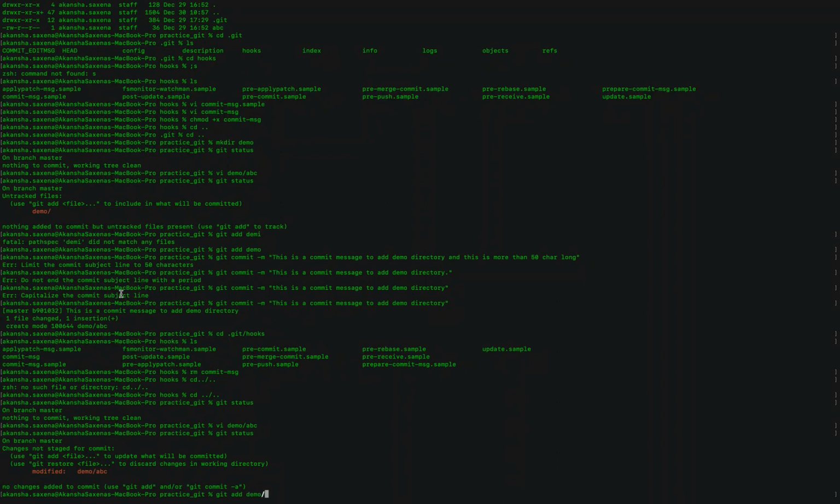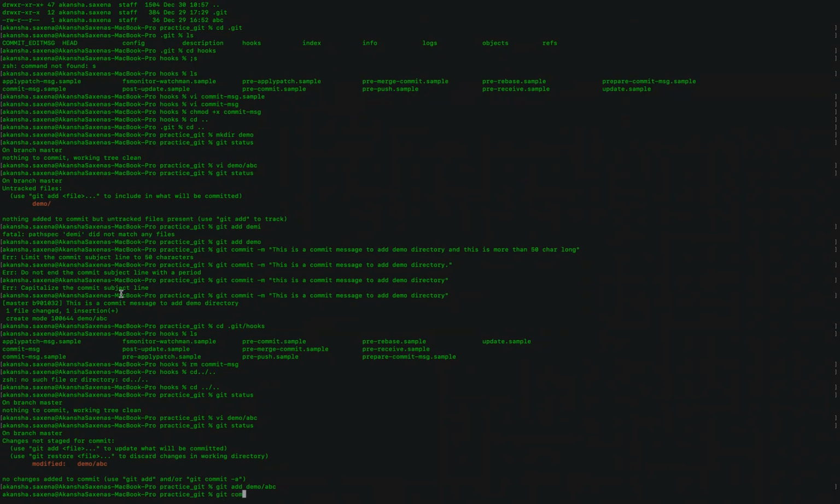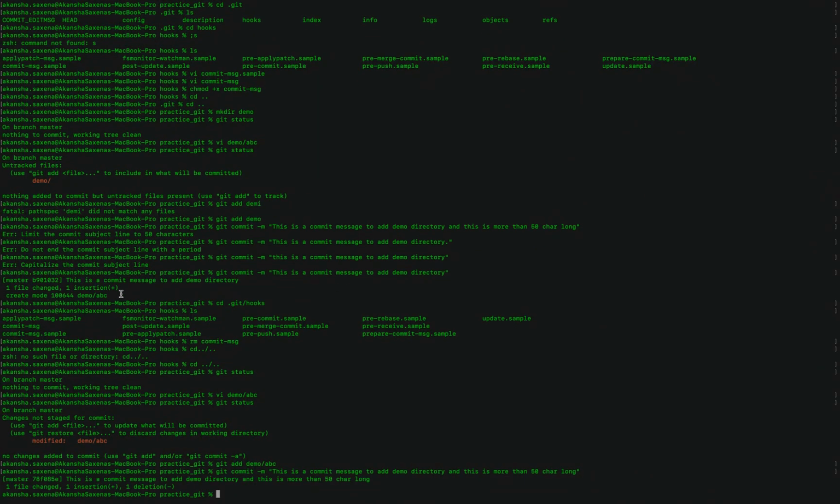Add demo abc, commit minus m. So I'll simply try to add the same commit. Let's see what it will do. It will take my message, so it is not throwing the error.